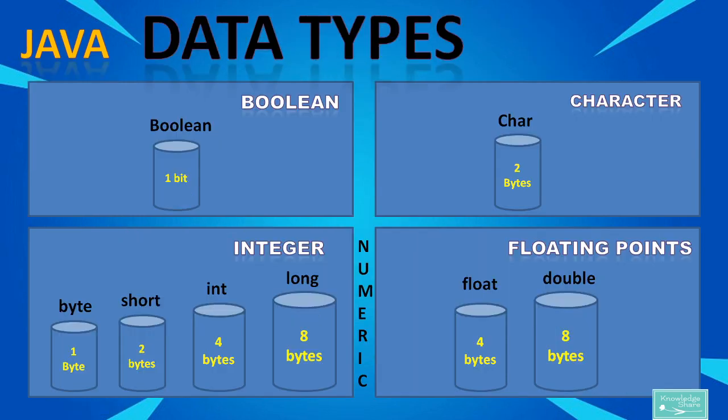Okay. So here you can see there are four primitive data types. One is Boolean, char, and the other two at the bottom are integer and numeric. Boolean occupies only 1 bit and character occupies 2 bytes. And integer, as I said, works in an incremental manner. If you want to store less data, you will use byte. If you want to store more than that, you will be using short. So byte occupies 1 byte, short occupies 2 bytes, integer occupies 4 bytes, and long occupies 8 bytes.